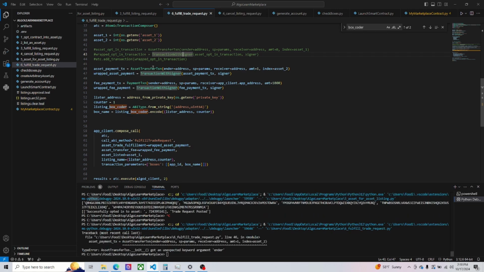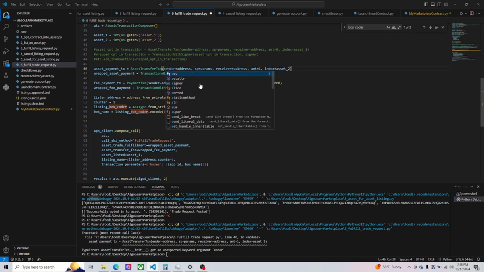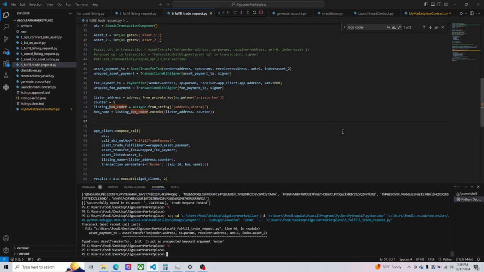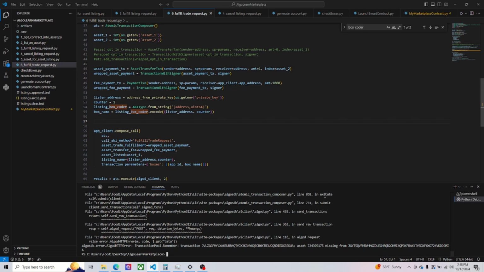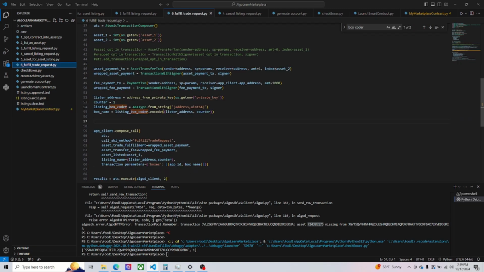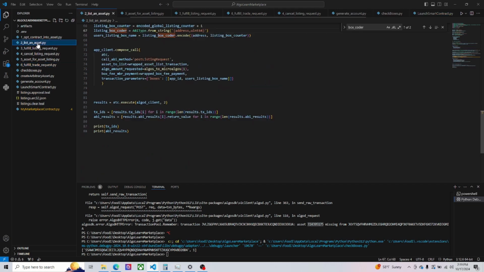But this basically added the opt-in transaction into the group. And we have here, sender is missing an S here when we copied and pasted. And asset 724395175 missing. And I believe this means that we need to have the contract opt into asset number 2 before it receives it. So we're going to add our